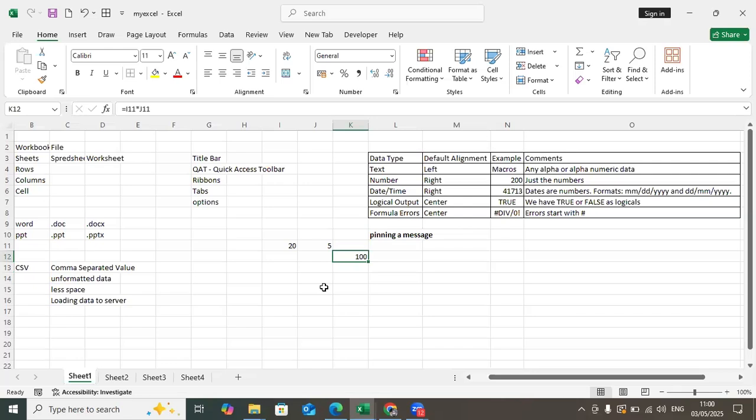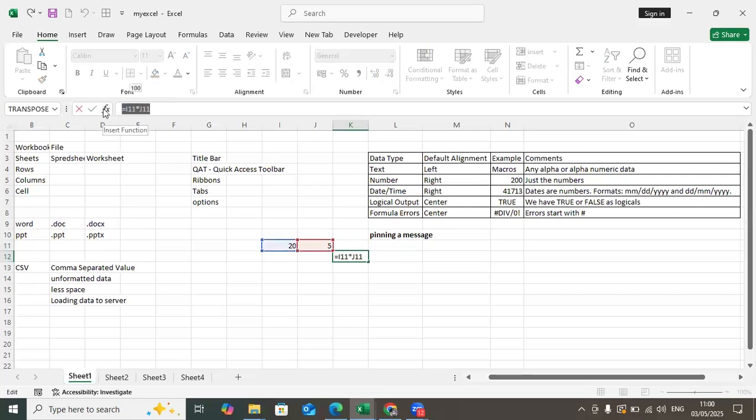Okay. So when the person comes to this cell, he will see 20 is there. He is not finding any formula here. That means he will understand there is no formula. 5 also, there is no formula. But he comes here and then he sees there's a formula. So